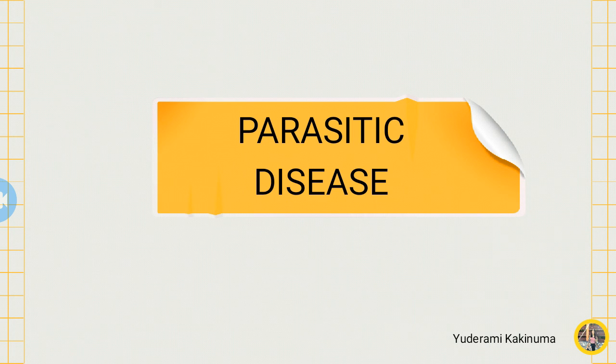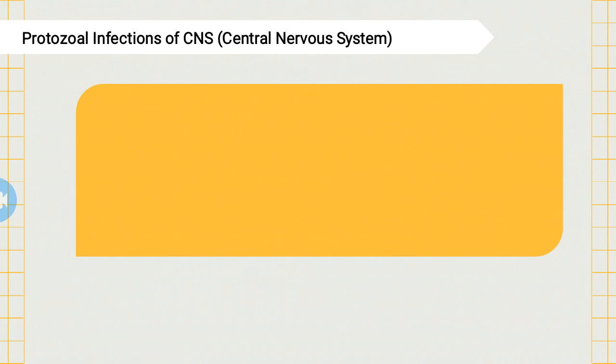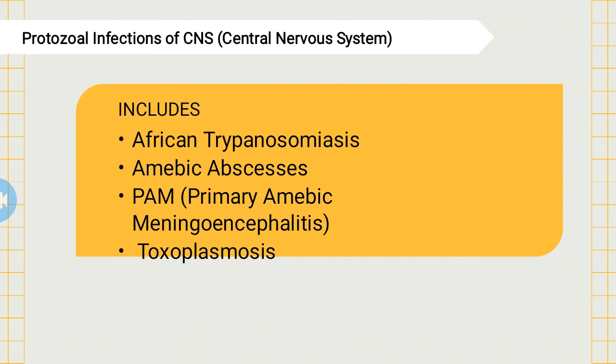Parasitic disease, also known as parasitosis, is an infectious disease caused or transmitted by a parasite. Many parasites do not cause disease, as it may eventually lead to death of both organism and host. Parasites infecting human beings are called human parasites. Protozoal infections of the central nervous system include the following: the African trypanosomiasis, amoebic abscesses, PAM or primary amoebic meningoencephalitis,